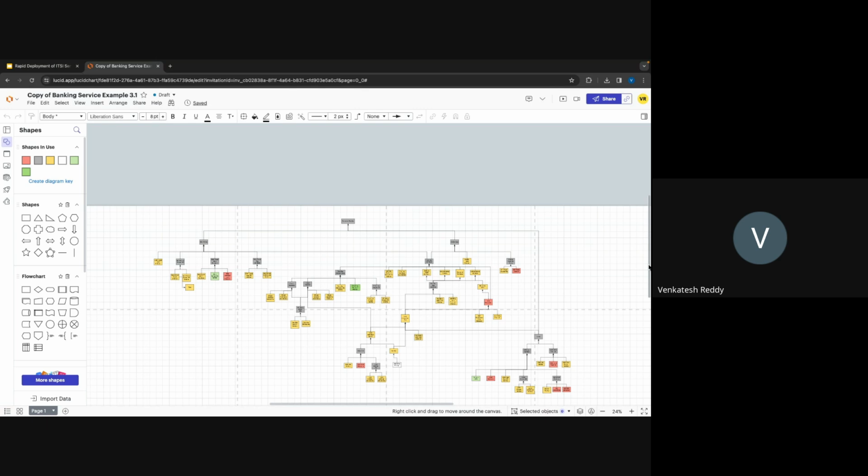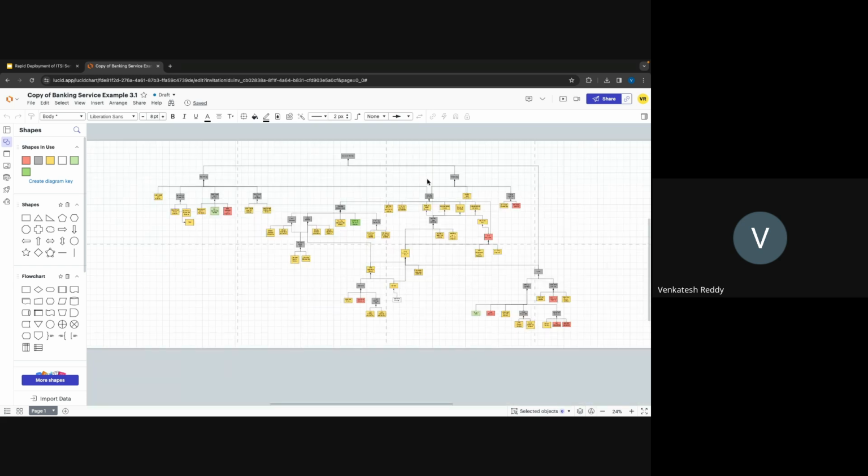This is how I define the service decomposition, by sitting with a particular group of the team and defining all the services. I know you can't see it, but let me maximize this one.